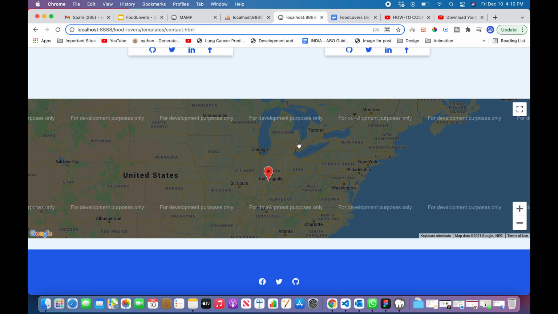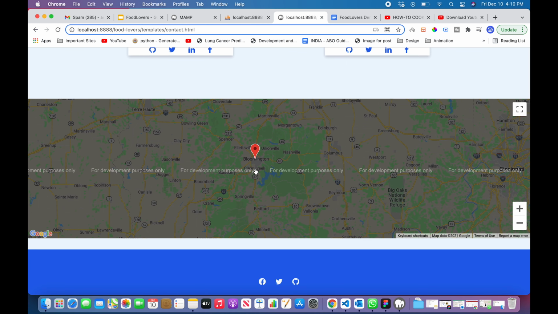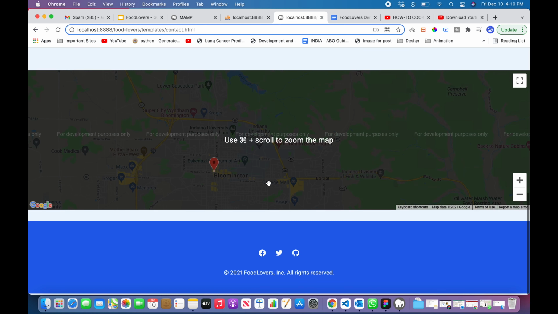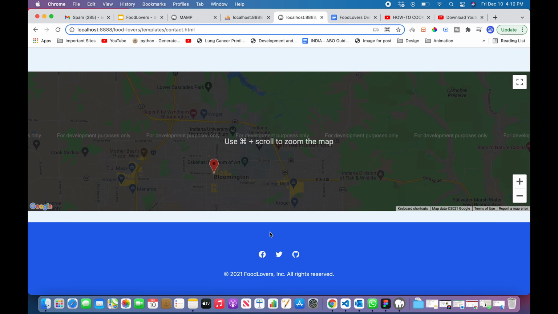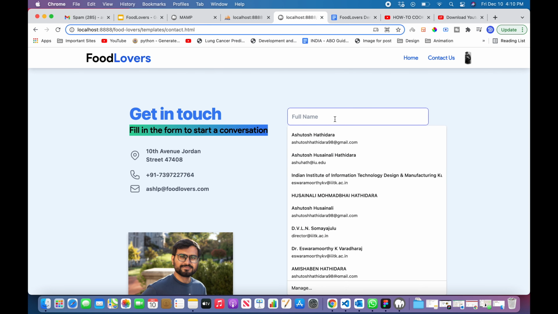However, since we are using a development-purpose-only map, we don't have all the functionalities. So this is the location that we have put in the map, as you can say, as a company name or as an office. This is again our footer. So working with this,